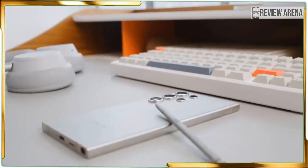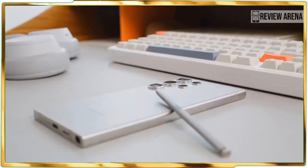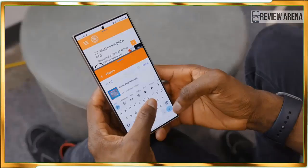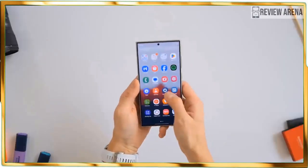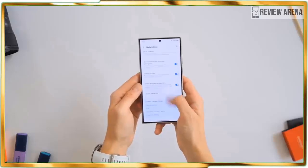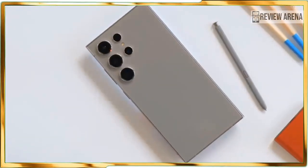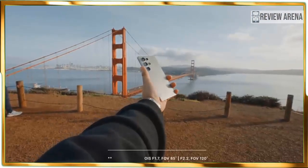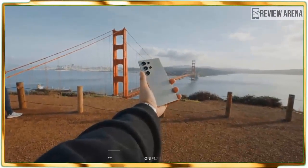There's very little doubt of AI permeating into everything in our lives, our phone included, which is why Samsung's taking a proactive approach in giving its users access to new capabilities with Galaxy AI. Strangely enough, many of these AI-assisted features are in collaboration with Google, which raises the question of who's really making